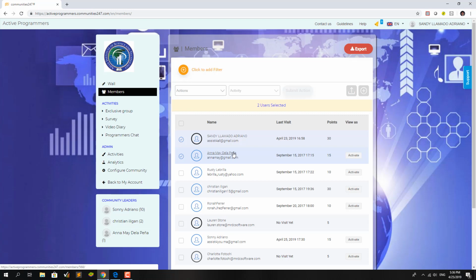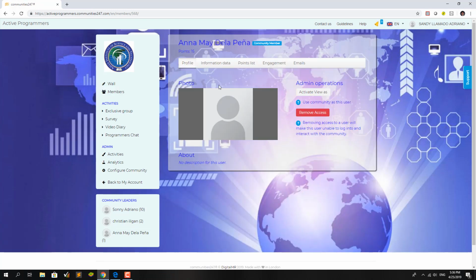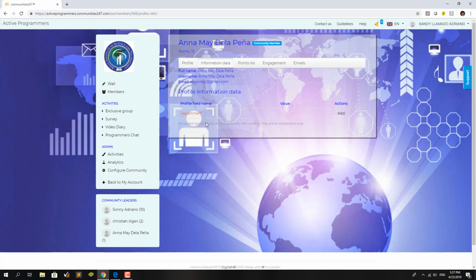You can also view the member's profile by clicking on their name here. And as you can see, this is the profile for this member. The photo is shown here, and additional information can be shown here, wherein this is a customized field that serves as a categorization feature for each member.